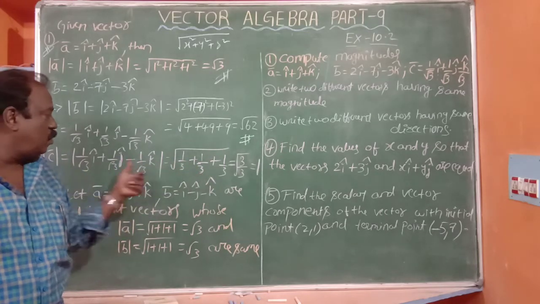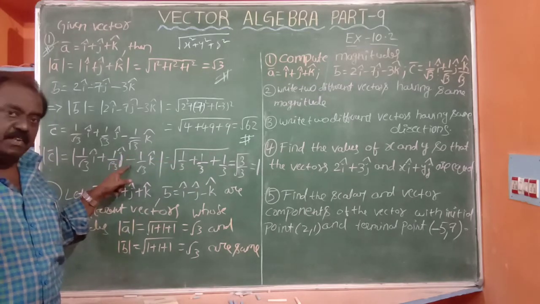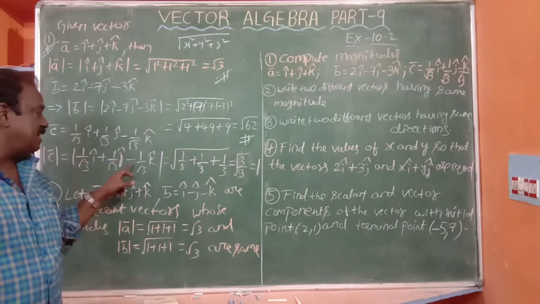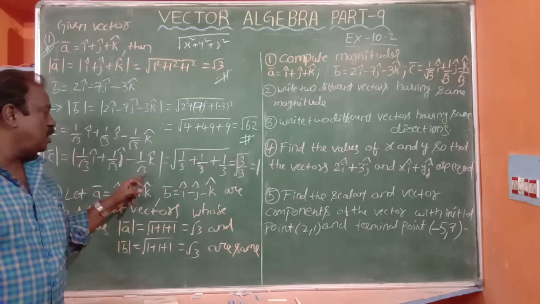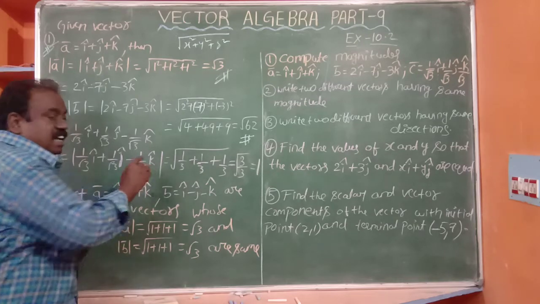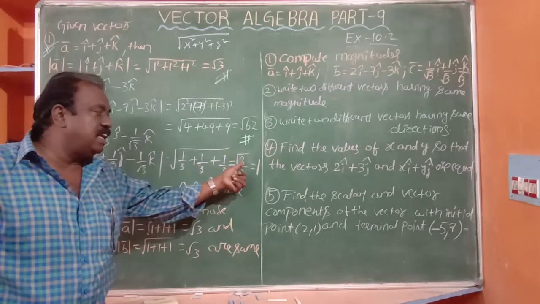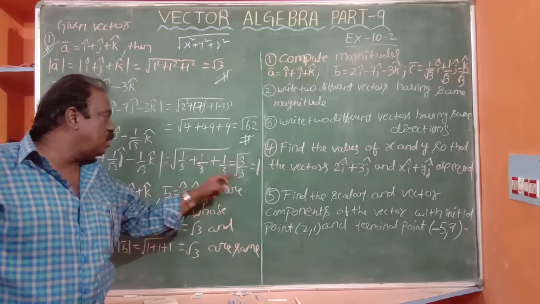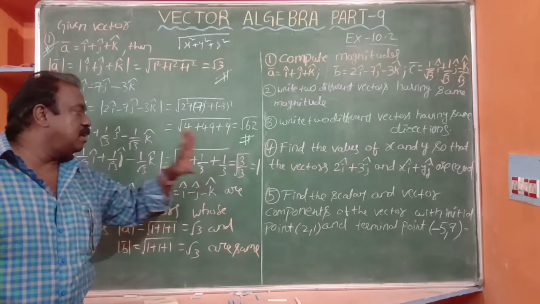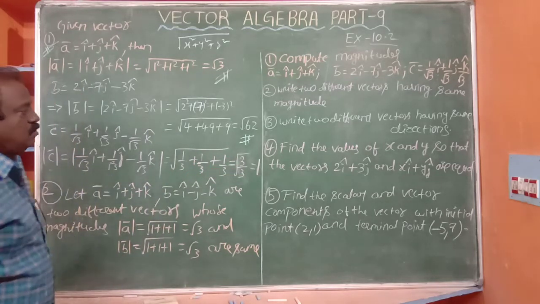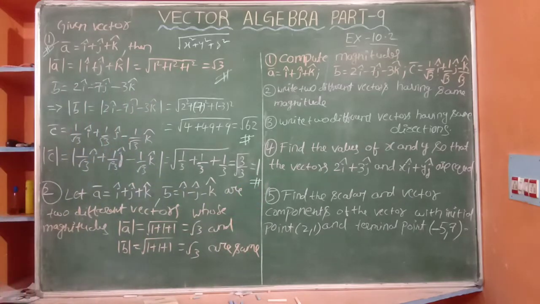Try to understand it. Don't put minus. Here minus 1 by root 3 itself is z. Z square means minus square is plus, 1 by root 3 square is 1 by 3. Very clearly you have to take it down. So 1 plus 1 plus 1 is 3 by 3. LCM is 3 only, in the denominator, numerator 1 plus 1 plus 1. 3 by 3 with the root is 1. So this is the answer. Next, we'll go to the second question.